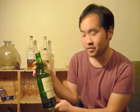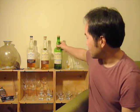Oh, almost forgot the rating. I am going to rate my whiskeys, so I should give you my rating on the Glenlivet 12, my very first rating. So I would have to say, the rating that I give is an evaluation that's not only about the quality of the whiskey in terms of its flavor, in terms of its notes produced for the nose and the taste, and not only is it about